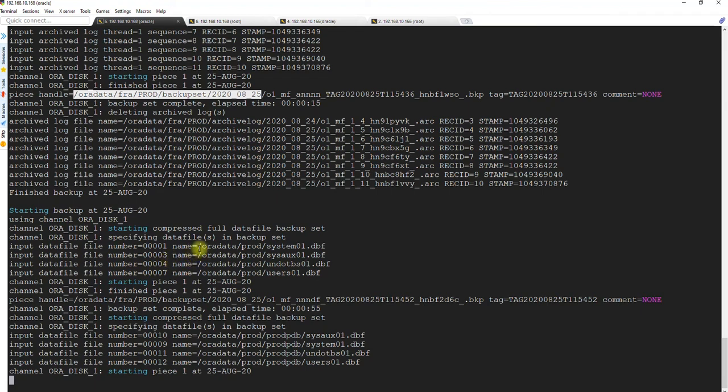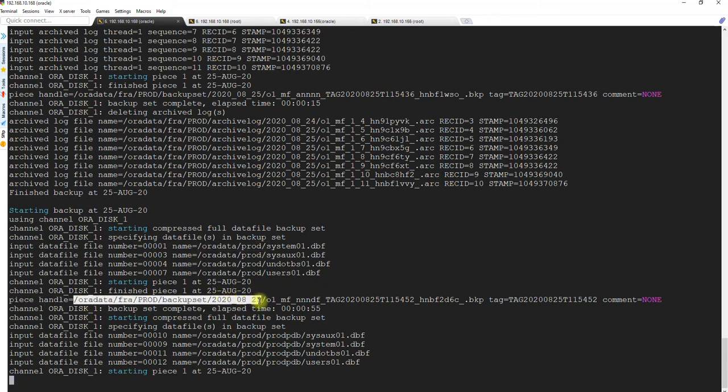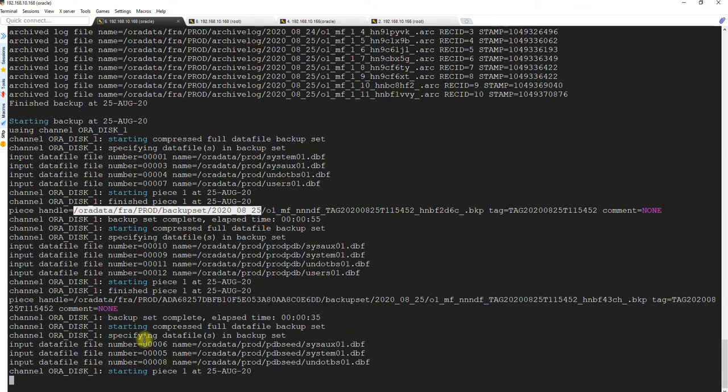As you can see, the location of the root data files is this one. Perfect. Now it's picking up the PDB files and it will show you the backup piece and the backup set where it is actually locating it. So this is the GUID of this particular PDB.